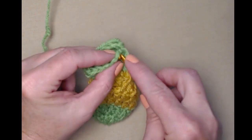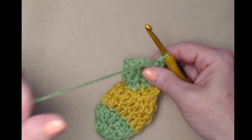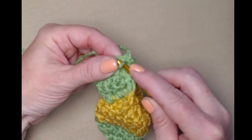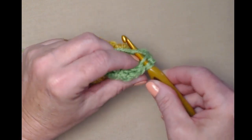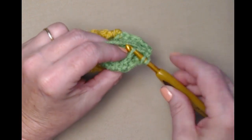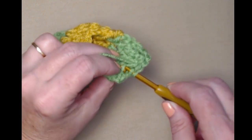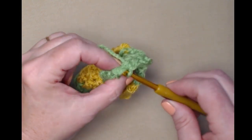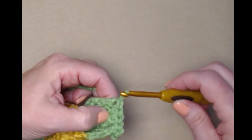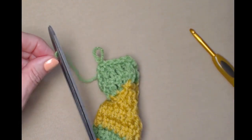And we're going to go in, okay. Now what I do is I try to do the outside loop so that it lays pretty, and make a slip stitch. You're doing this side and this side going across. Make sure that the heel is closed. Okay, so it's slip stitched closed. We're going to cut our green yarn